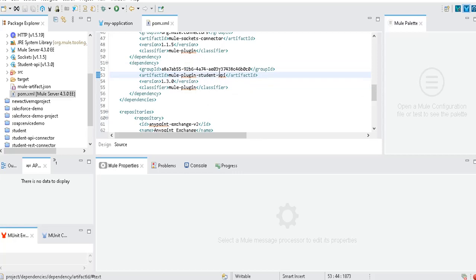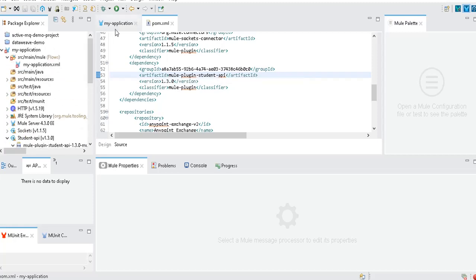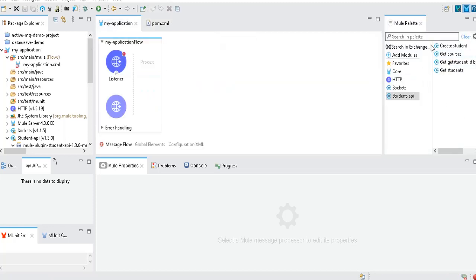It means that your student REST API has been added as a dependency and connector here. Also, you can observe that here in your class path. See, it's just added like a plugin. So now you are good to use all the operations of that particular connector. Okay. So before that, let me just configure this HTTP listener.